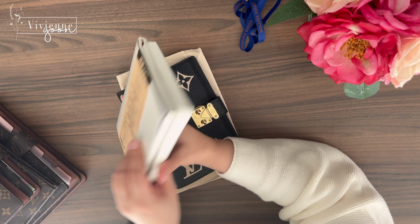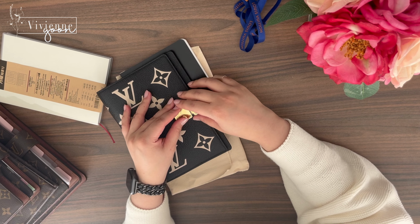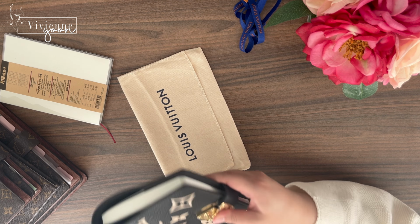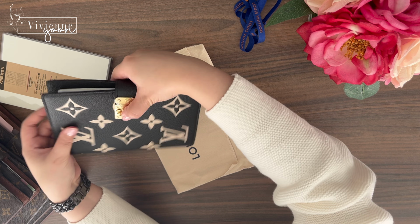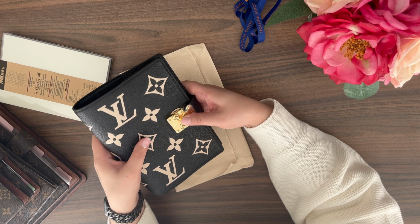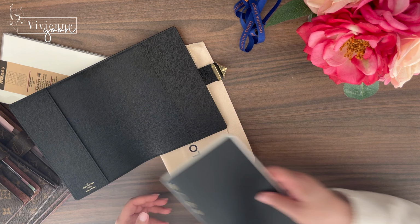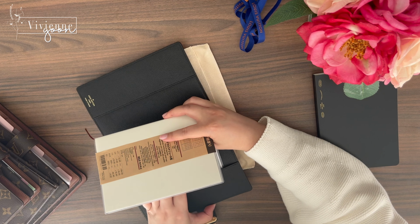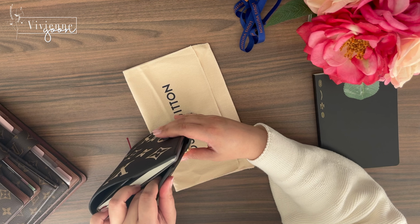So let's see if it fits the B6 we have here. Let's start with the Stalogy B6 we have. Doesn't seem to close, so I just gave up. Okay, now I remember the other reason why I returned the Mahina. It couldn't close my Stalogy inside and a mini HP. Let's try the Muji B6. It fits the Muji and it closes,